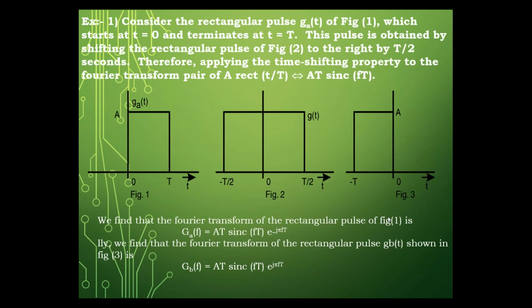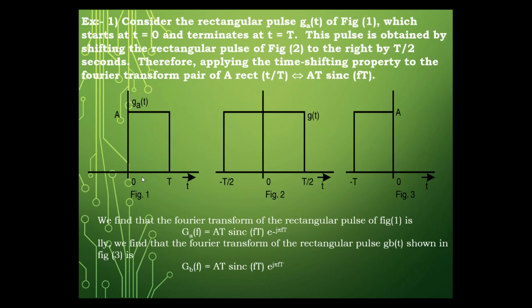When you take this term and equate it to 0, you will get t equal to minus T by 2. That means the waveform is shifted towards left by T by 2. So g of t has shifted left by T by 2. If it shifts left by T by 2, you get figure 3. If it shifts right by T by 2, you get this figure. So observe the answers for this.